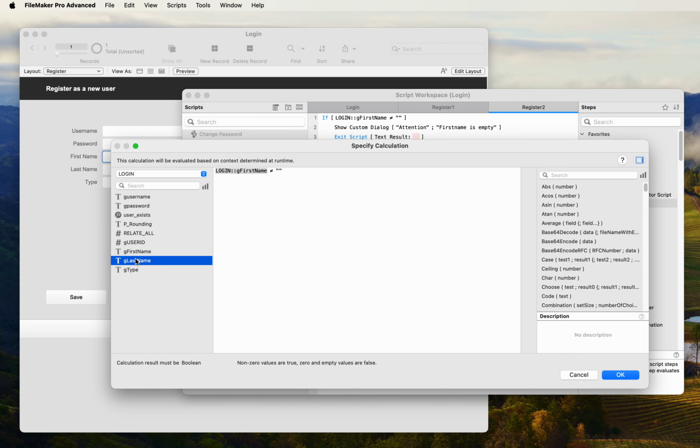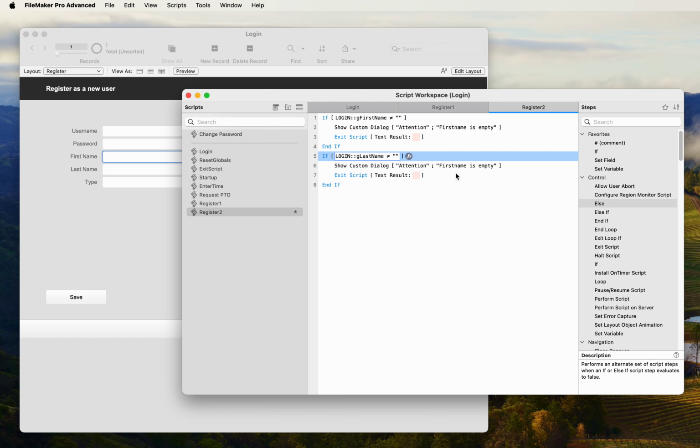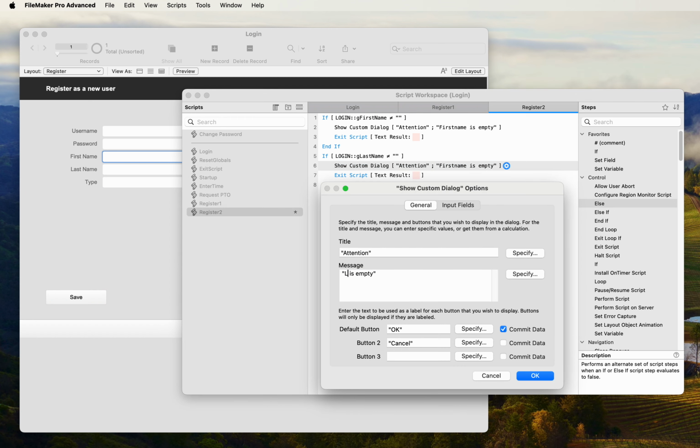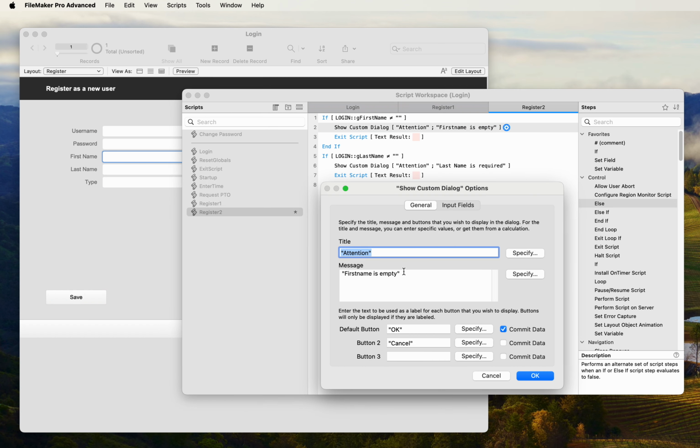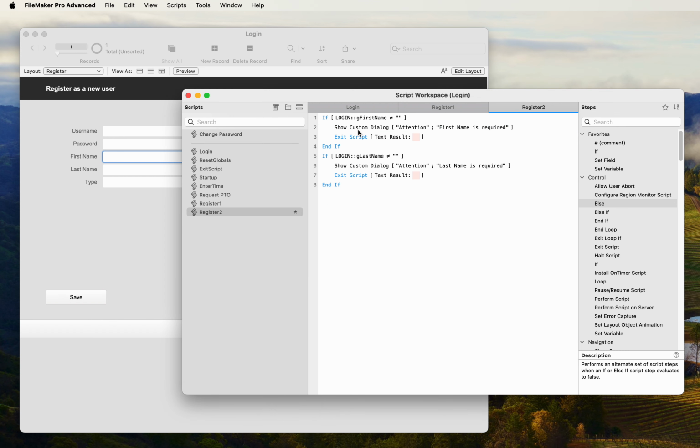So if I duplicate that code and then I change this to be G last name, then I can say last name, and I'm just going to change it to be friendly, is required. And I'm not even going to give them a second button. They don't need that. They did it wrong. The only option they have is do it right. So same thing here. First name is required. Of course, I probably want to make this look a little nicer. Take away the second button, say OK. So basically, you could have a bunch of conditions here that cancel out of this script if those fields are empty. And assuming they're not empty,